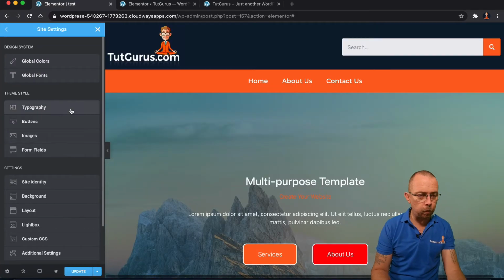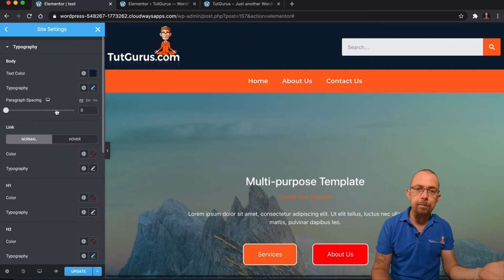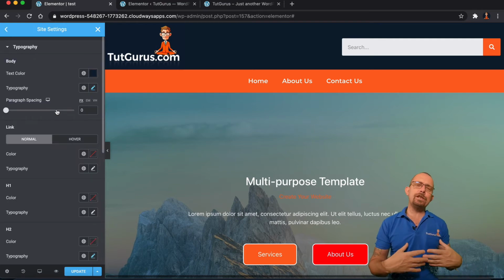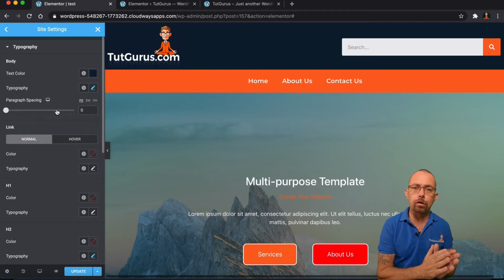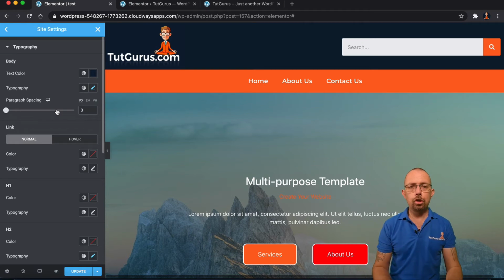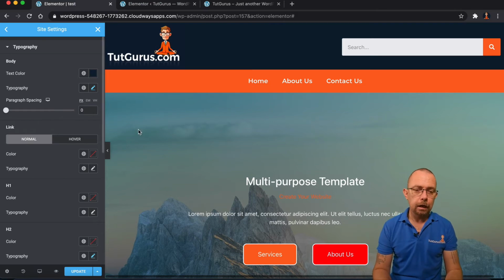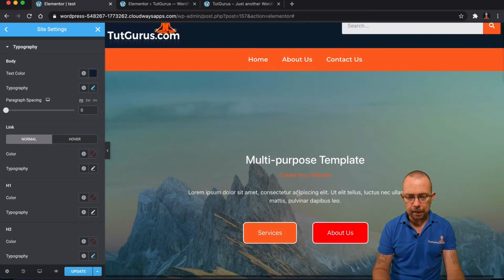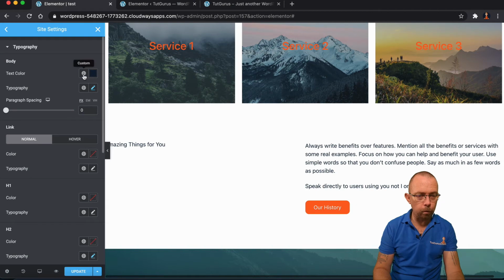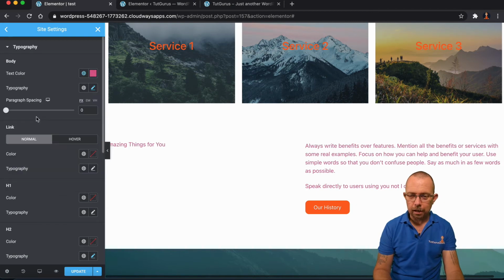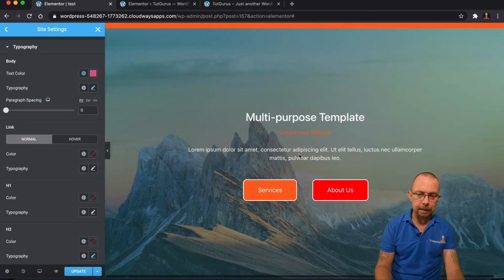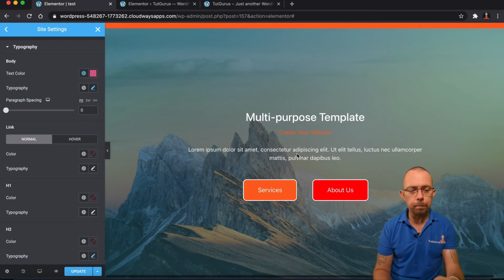So what else have we got down here? We've also got typography. Now, typography, the same as anything else here, because remember, we're dealing with these at a global level, where it takes effect across the entire website. Your whole website gets affected by these, but as I mentioned already, you can overwrite this stuff. So what do we have here? You can see we've got the text. When it talks about this, it's talking about the paragraph text, like this type of text here. If we wanted to, we could grab one of our global colors, go crazy and make it pink. You'll notice that all text inside of here is now pink, except for this one. We know why, because it's been overwritten, but I'll come in and show you.